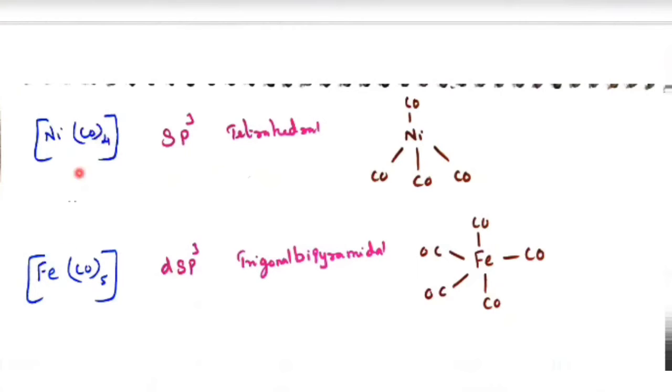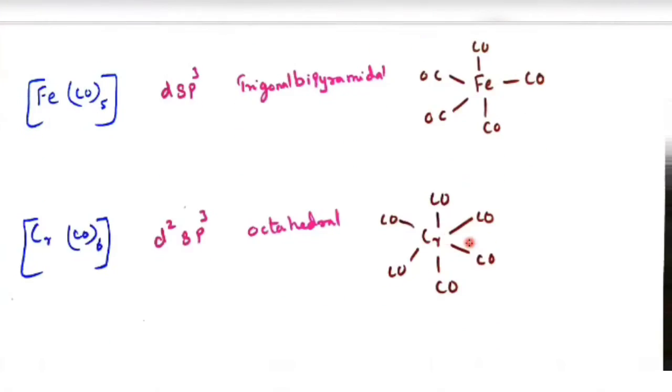Because the carbonyl is a neutral molecule, the oxidation state is zero. It has dsp3 hybridization, trigonal bipyramidal, with Fe at the center and CO, CO, CO, a top CO and a bottom CO. Only one metal is there. Next, again only one metal: chromium, Cr(CO)6. This is hexacarbonyl chromium, zero oxidation state, enclosed in a closed bracket, d2sp3 octahedral, with chromium placed at the center and CO written in the opposite directions like a cross, with a top CO.